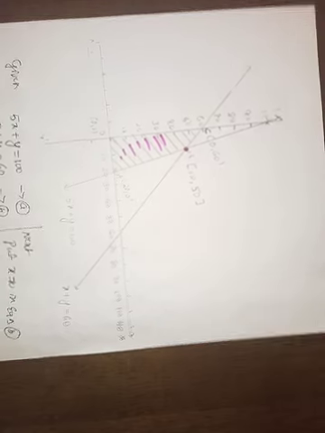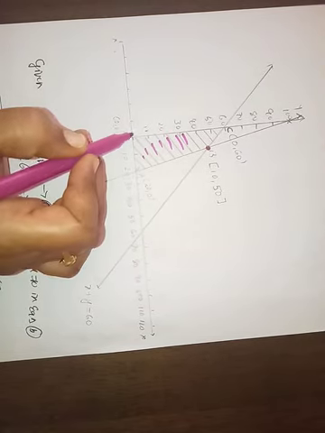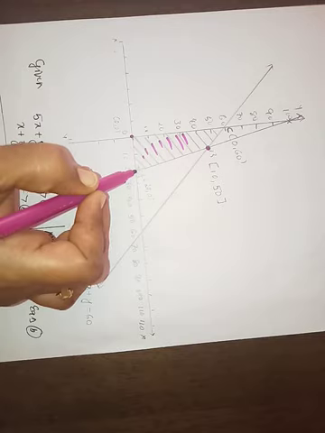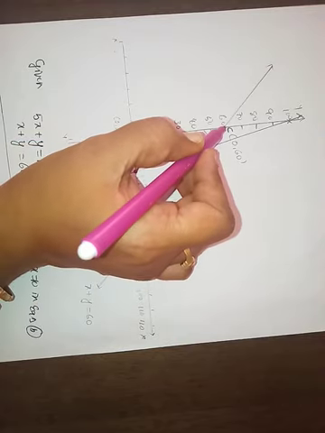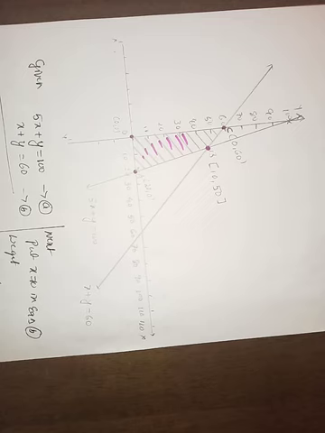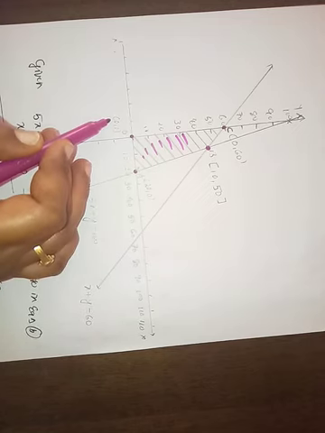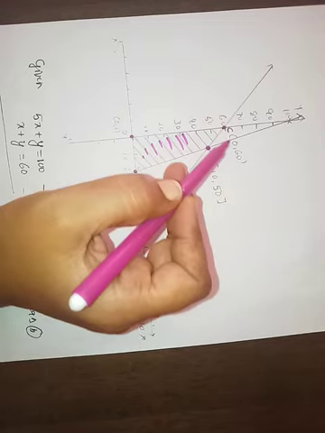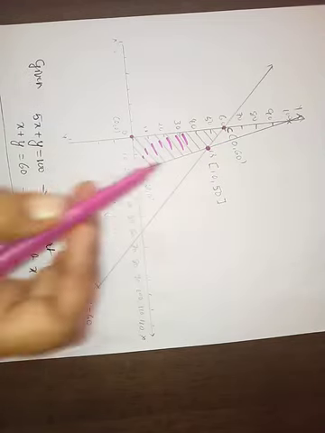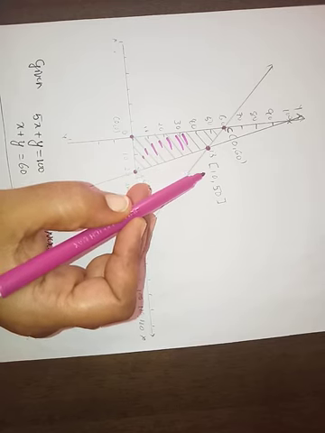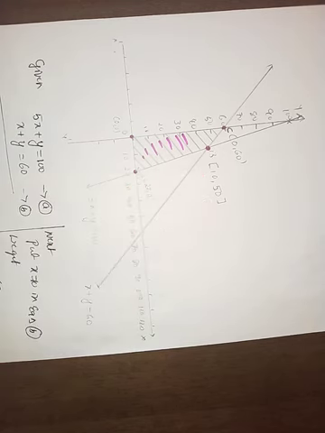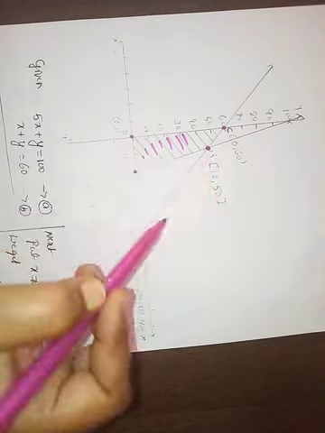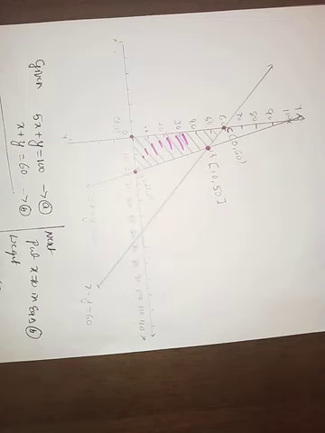And we can represent this as O, A, B and C. See, what is the O point? Origin, 0, 0. What is the A point? 20, 0. C point is 0, 60. But we don't know the point B, 10, 50, and that one we can calculate by taking the intersection between two lines. The first line is 5x plus y equal to 100, another line is x plus y equal to 60.